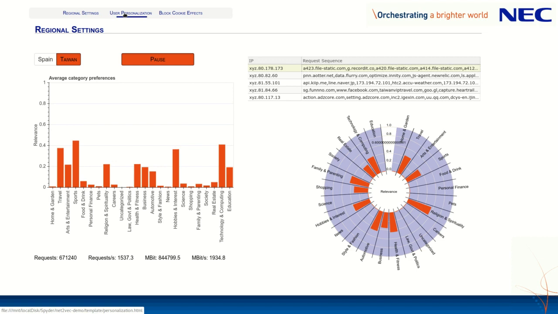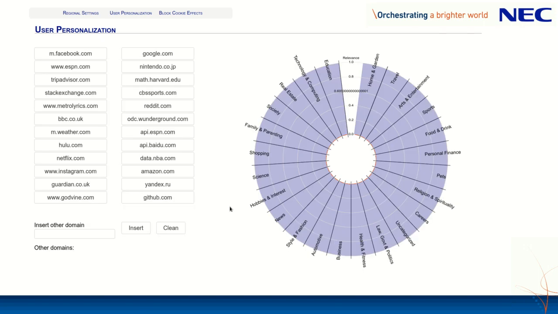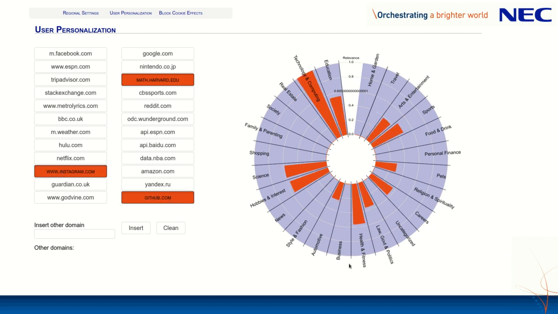Now let's try to understand how these profiles are created. If we go to the user personalization demo, here we can create a random profile and send it to our algorithm. So let's see, for example, a user, this is from the data in Spain that was collected in a university. If we have, for example, a user that is visiting the math website of Harvard, GitHub, and Instagram, we see here that our algorithm says that this user is very interested in technology and computing, in education and science as well. That makes sense. And also in other things like health and fitness and sports, or even careers, that are also inferred